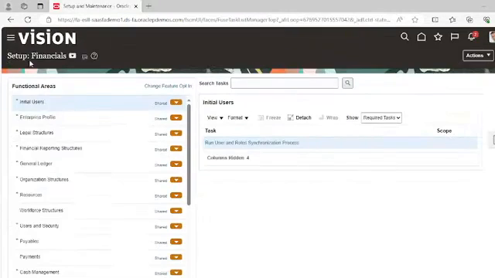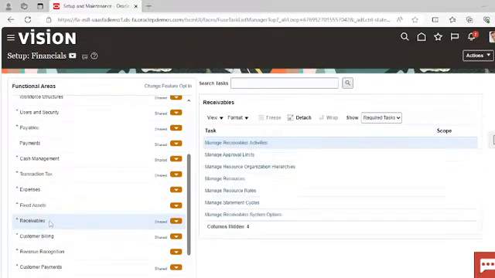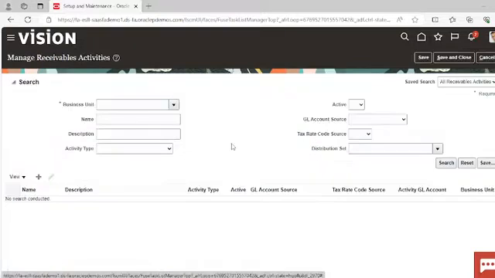In the setup area select financials, and under the functional area select the receivables module, and you can see on the top we have a task, that is manage receivable activities. Click on it. So we have to create the new managed receivable activity. For that click on add icon,